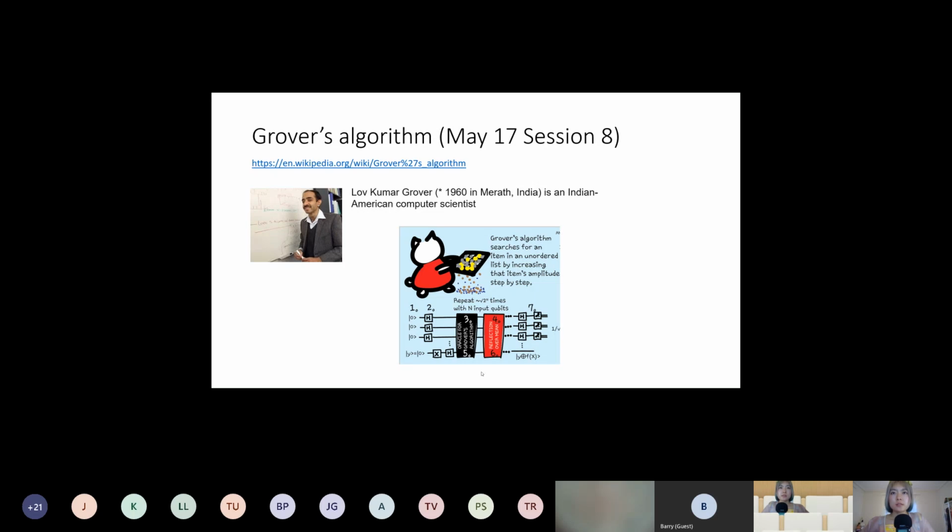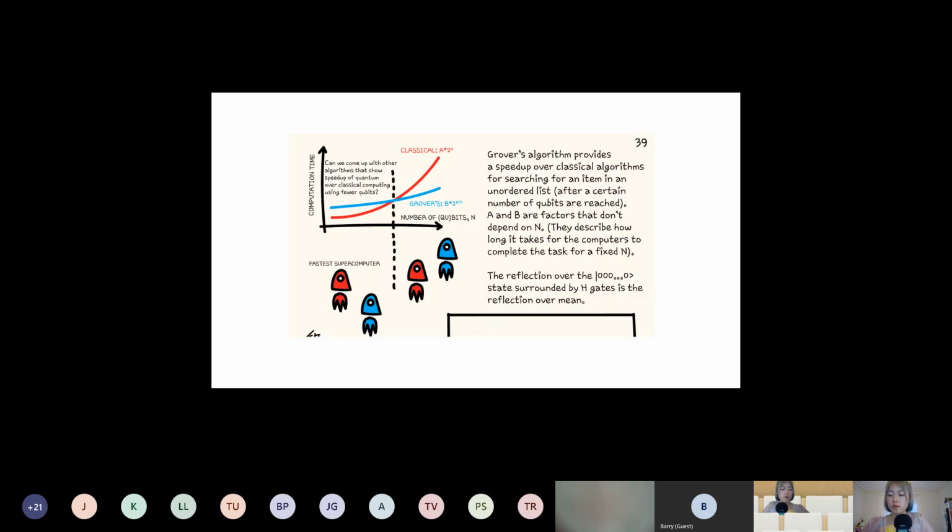It consists of a couple of boxes that we need to run in iterations. Grover's algorithm, you can use it for searching an item,